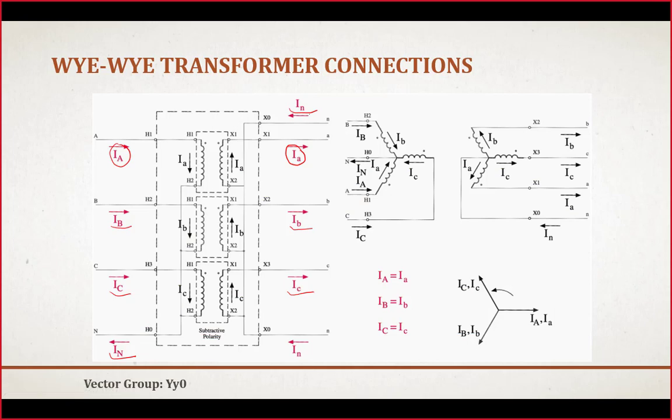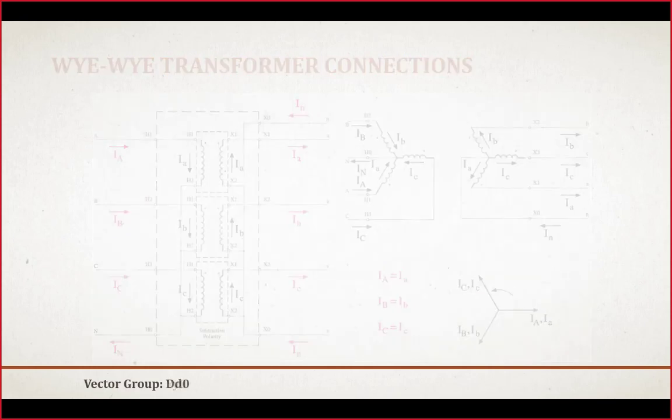And if we summarize the result, here is a summary. The two side currents will be equal in per unit in magnitude and phase angle. But if we consider the system international unit, their magnitude will have a difference according to the turn ratio of the transformer, but there will be no phase difference. So the phasor diagram shows this thing over here. The corresponding currents on the two sides are in phase with each other. Next is a delta-delta transformer connection.